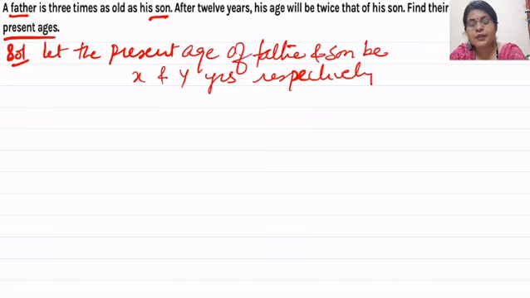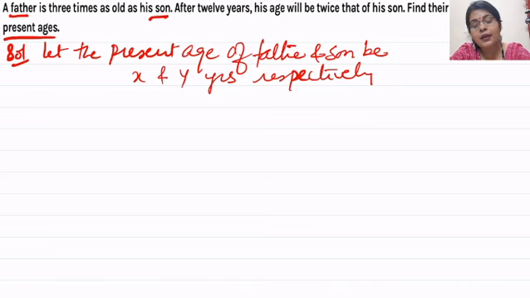मीन्स पिताजी की एज कितनी है, एक्स ईयर्स है, और बेटे की एज कितनी है, वाई ईयर्स है. ये सबसे पहला काम हम एज्यूम कर लेते हैं. दो वेरिएबल्स हैं. क्लास 8th में हमारे पास एक वेरिएबल था, तो हम एक वेरिएबल से ही काम करते थे. यहाँ पर जब हमारे पास दो वेरिएबल्स हैं, फादर की एज एक्स और बेटे की एज वाई.